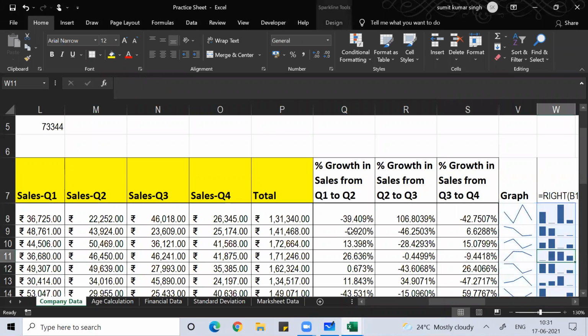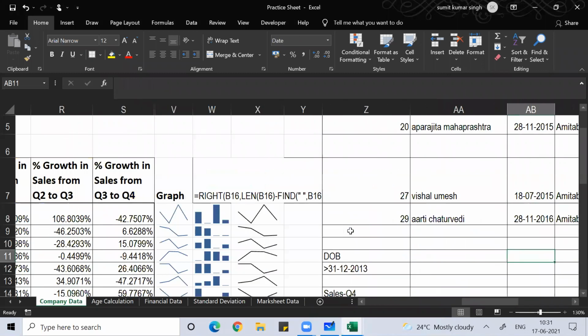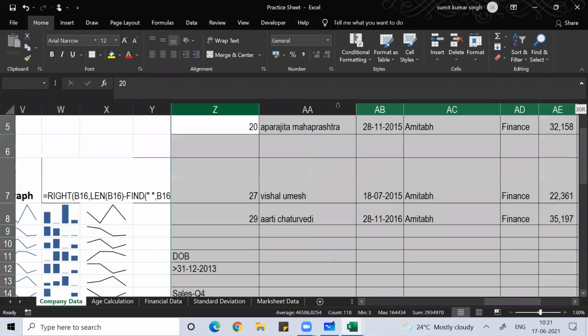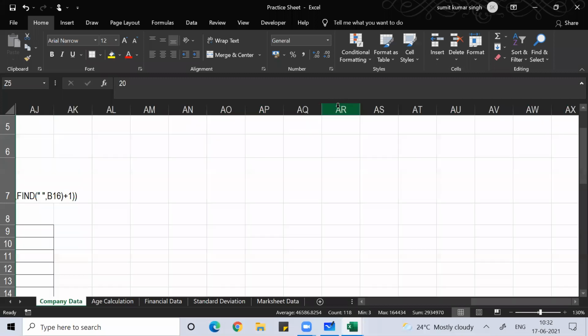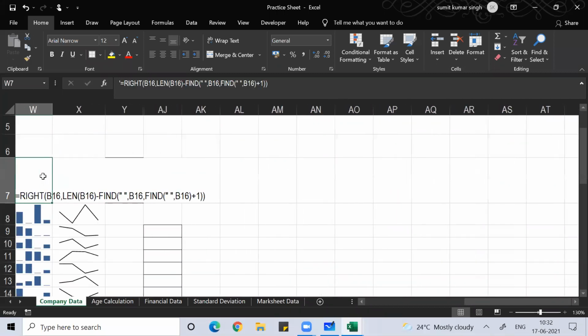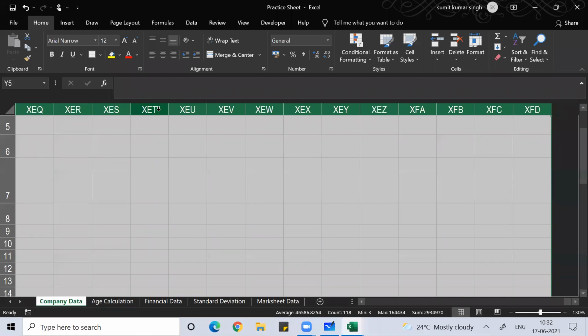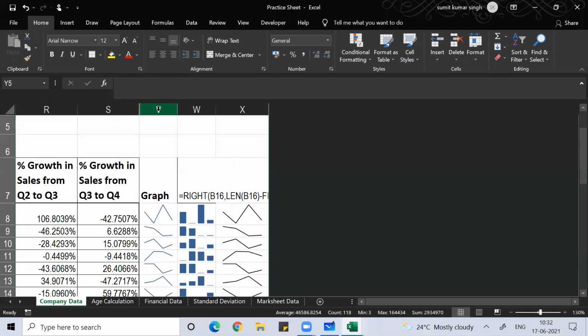Okay. Now if I want to plot this graph, you can simply ignore this data, guys. Control Shift right arrow, Control 0.